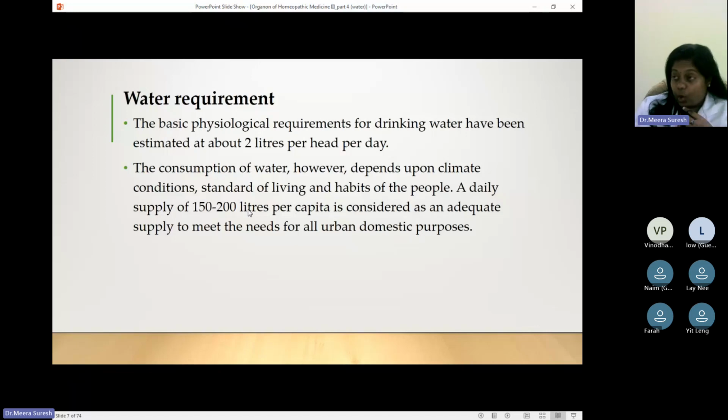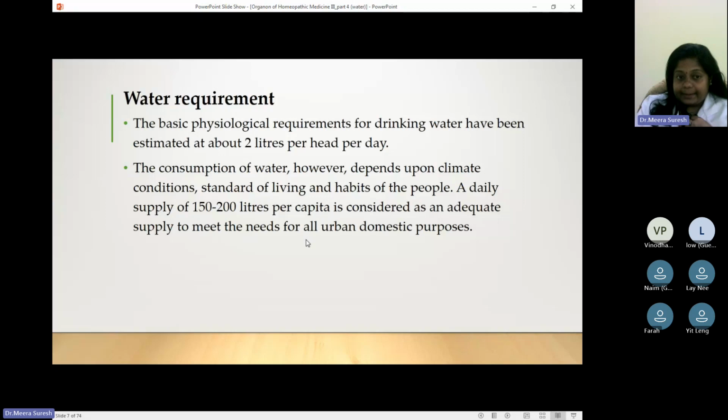water he requires for all his purposes, including washing, bathing, drinking, washing dishes, whatever be the purpose, per person 150 to 200 liters should be given per day to meet the needs of